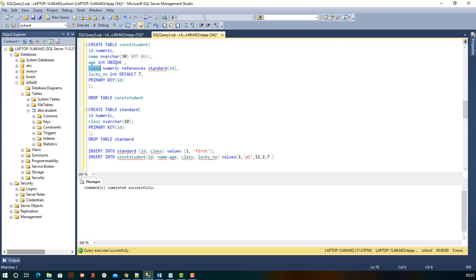If we are storing the details of a student, then it will have the detail of which class that student belongs to. So their class cannot be any random thing. Their class must be from the ones available in that college.